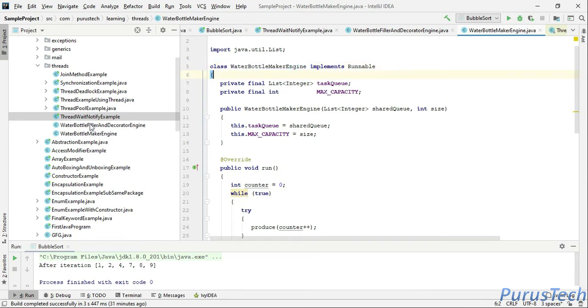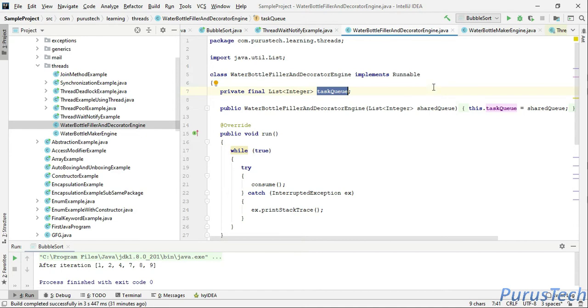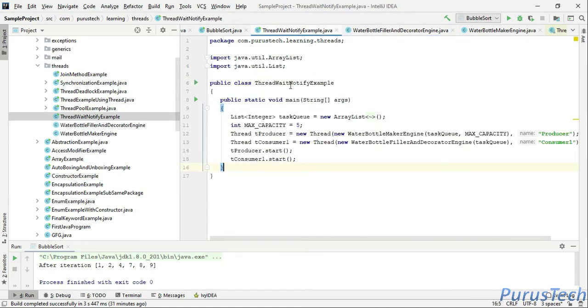The water bottle filler and decorator engine is also implementing the Runnable interface. In this wait notify example, I have created a producer thread. The producer is the water bottle maker engine, and the consumer is your water bottle filler and decorator engine, so that the water bottle maker will produce the water bottle, and the water bottle filler will consume it for filling and decorating purposes.